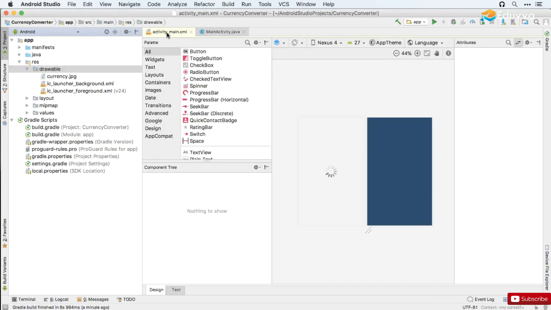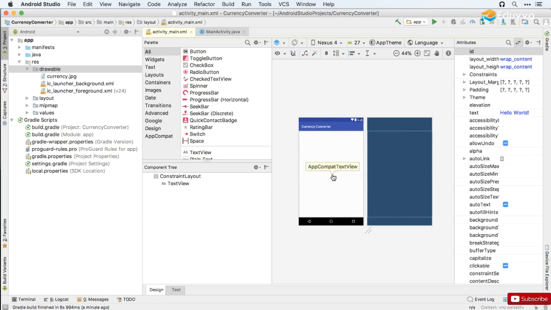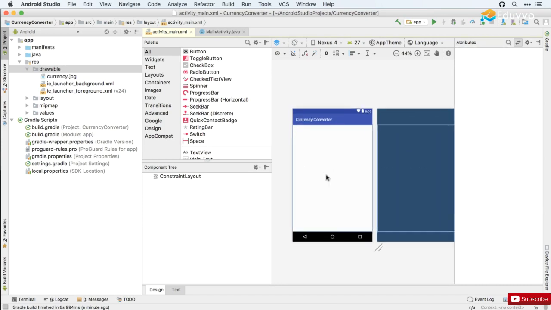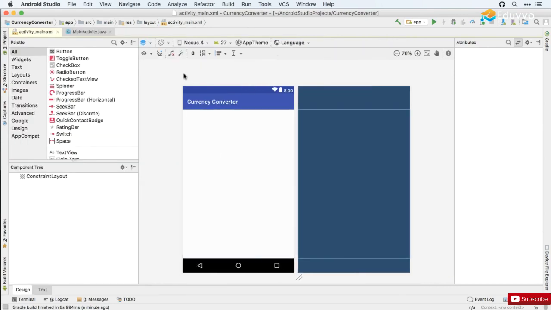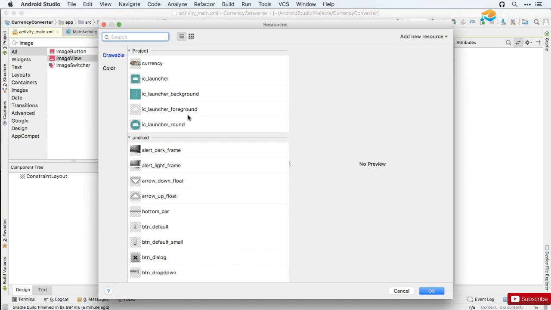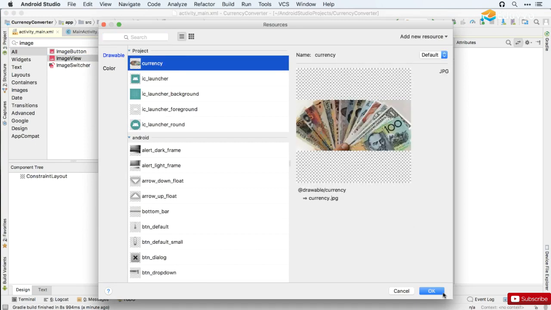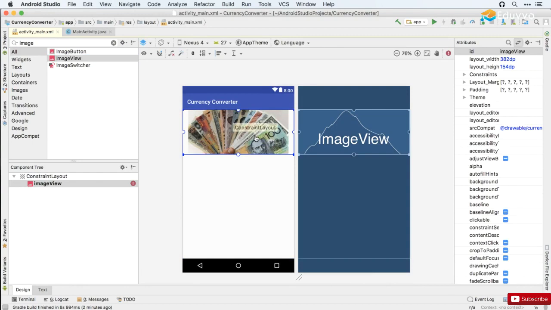Okay, let's design our app. So we'll get rid of Hello World. And we'll start off with our image view, with our currency image. And because of the nature of the image,